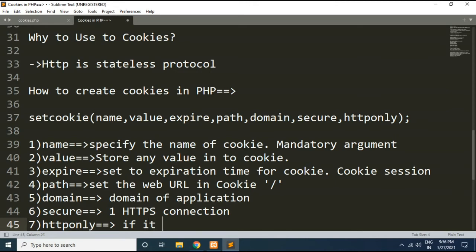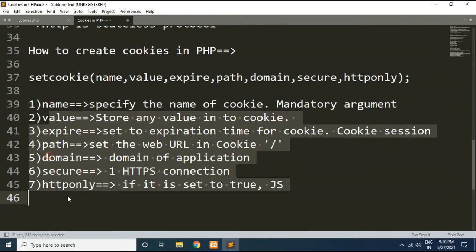If it is set to true, then client side scripting languages like JavaScript cannot access these cookies. So these are the 7 arguments that we can specify while creating a cookie within PHP. The important thing is that only the first argument is compulsory, mandatory, and all remaining arguments are optional.